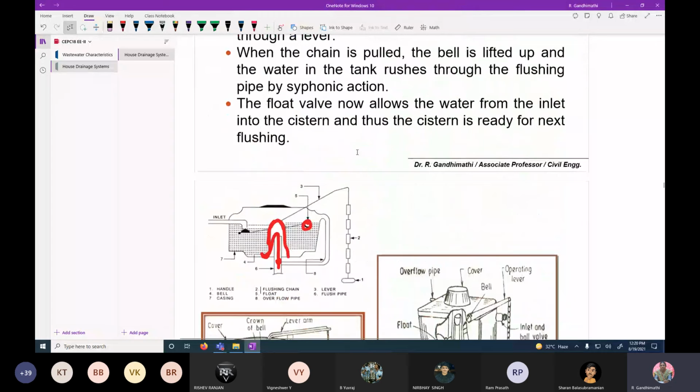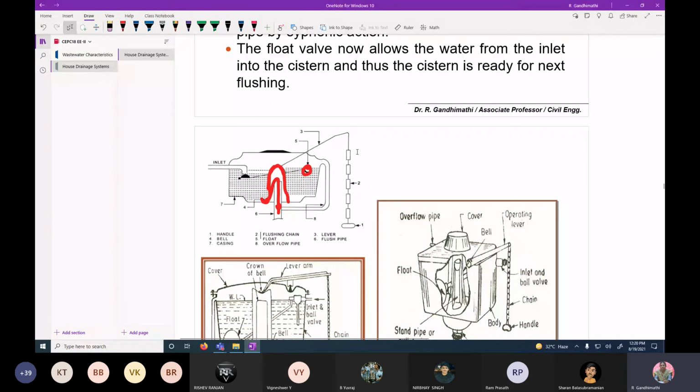Okay, in the flushing cisterns, if you are pressing down, then automatically the bell arrangement will lift up and it provides provisions to enter the water through this. Then automatically what will happen? This ball will come down. The floating ball may come down. Then if it comes down, it allows the water to enter into the chamber from the inlet. Once it reaches the top, the valve closes and the water level is maintained in the cistern continuously. That means whenever you are pressing the cistern, the water will come out.